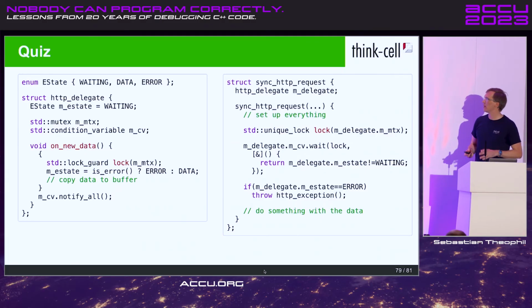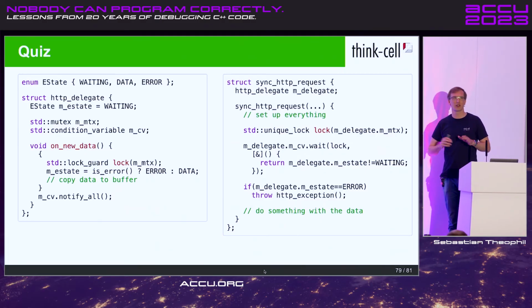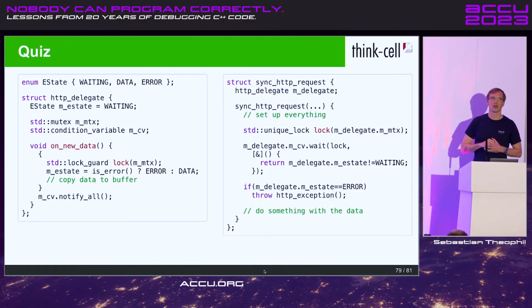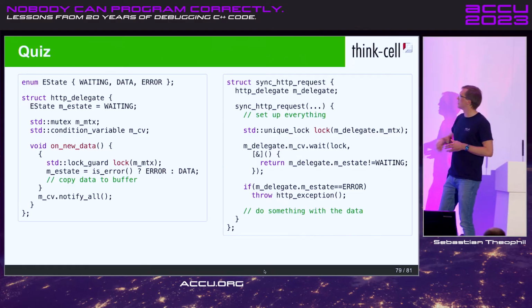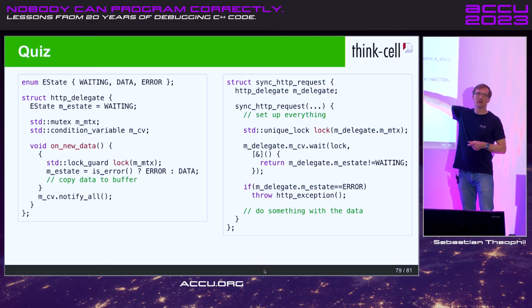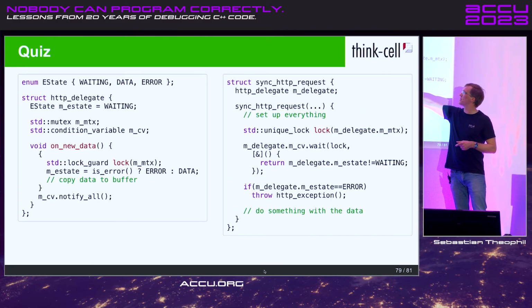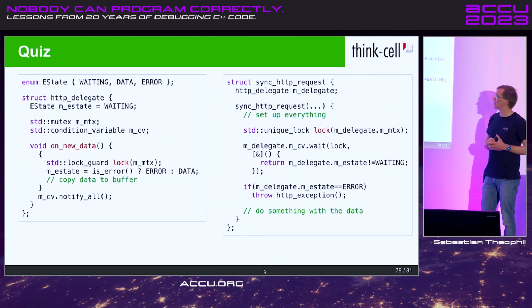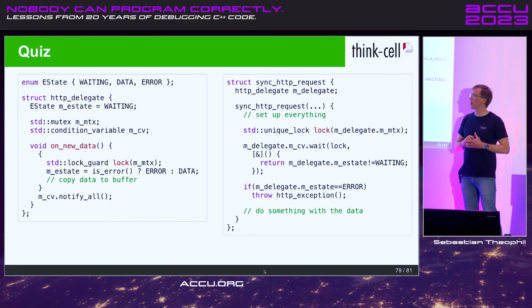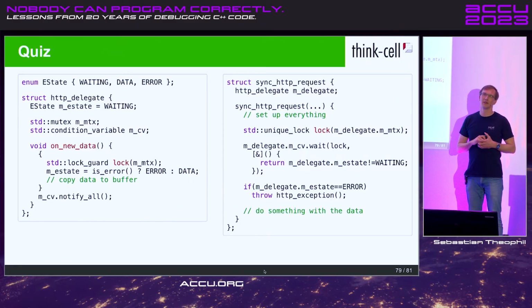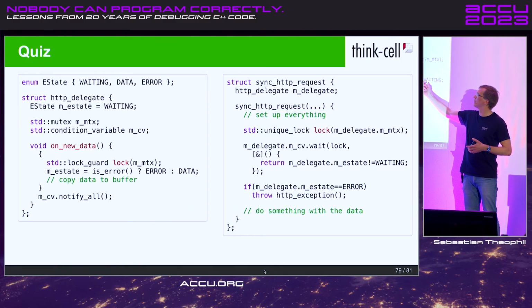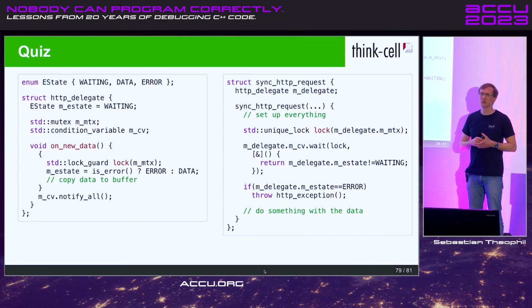So, of course, it's something with the mutex and the condition variable. When does this wake up? What's the problem with that wait? You can have a spurious wake-up. Exactly. What happens if I have a spurious wake-up? I would run the function and it would not be true, I guess. Yeah, it would not be true?